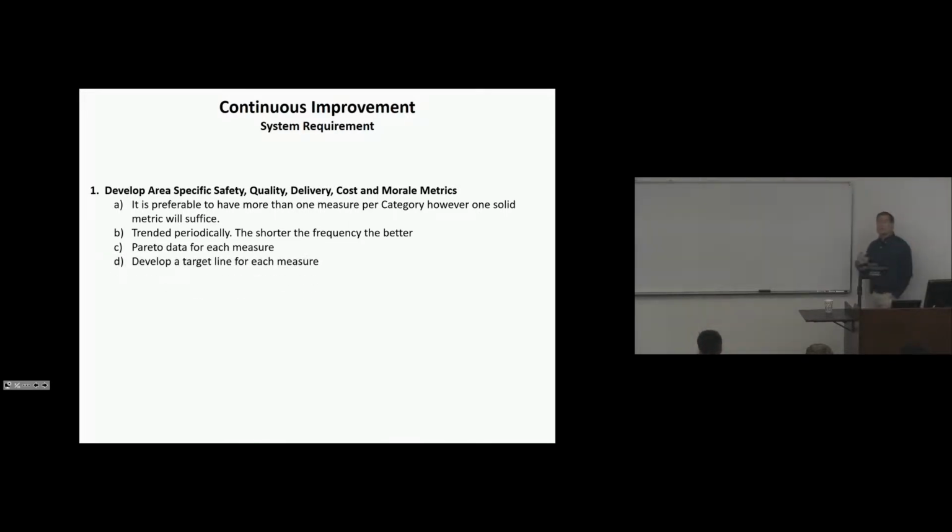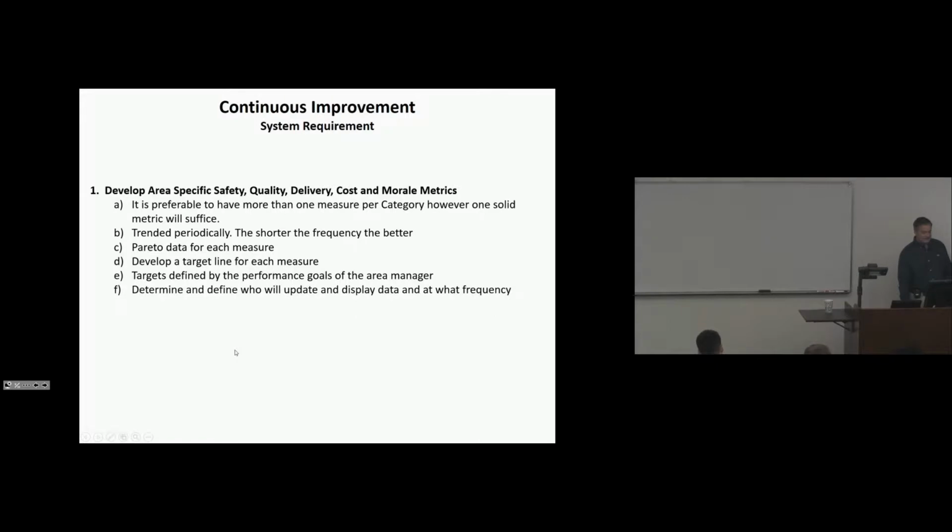So when you have your goals and objectives or your performance reviews at the end of the year, or you're managing a large organization, wouldn't it be nice not to have to say, I think Mary does a pretty good job. I think Joe's not so good. Wouldn't it be great if it was perfectly tied to the metric? There's no question about where you are as an employee and how well you perform, or as a manager, because the data's there. It's updated every month. It drives the herd. Targets defined by the performance goals of the area manager. That's the term we use.